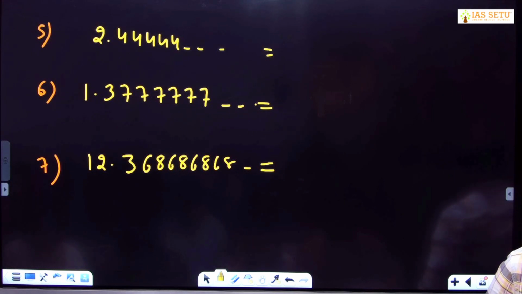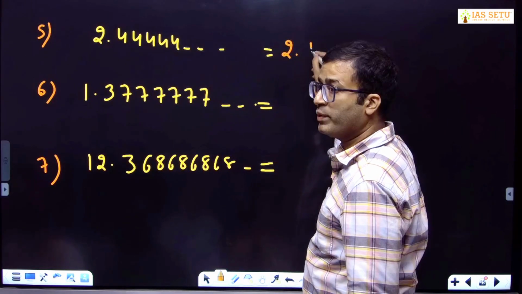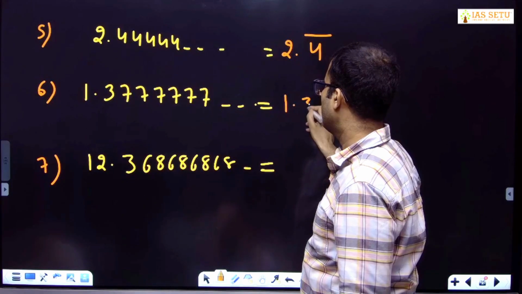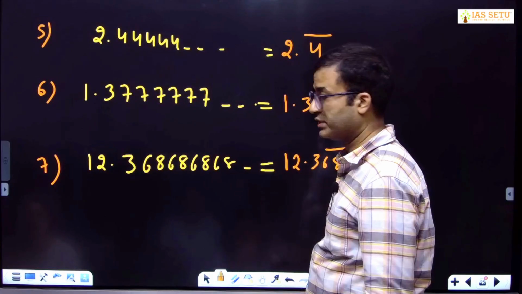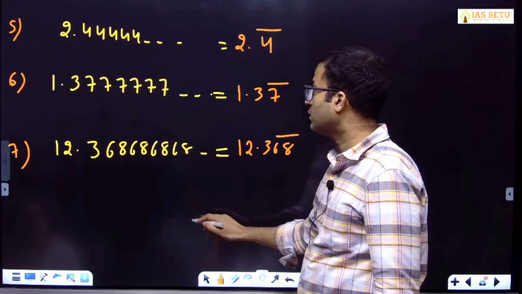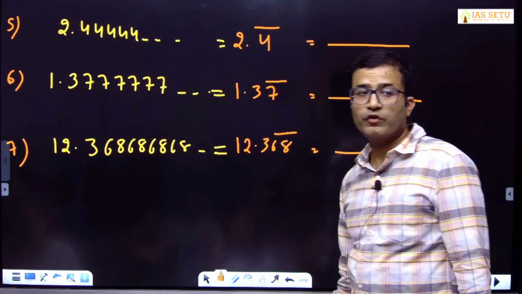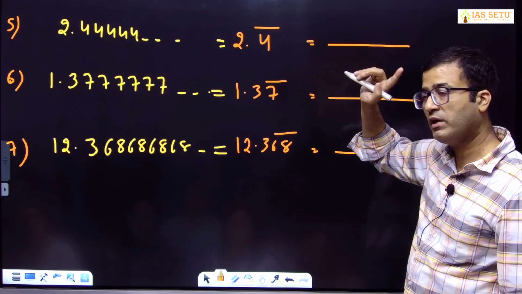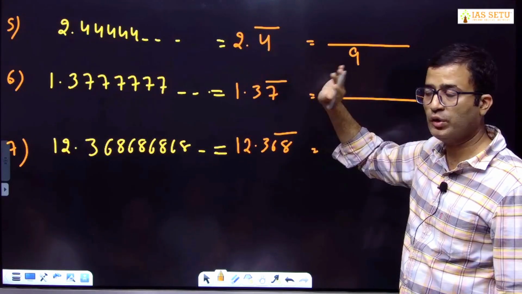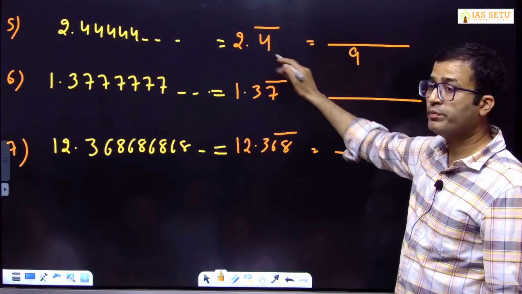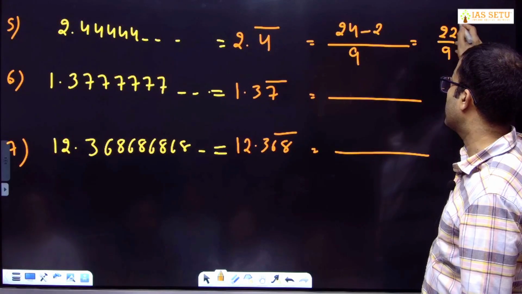Done. So it is 2.4 bar on 4, 1.3 bar on 7, 12.368 bar on 68. First, denominator: how many digits under the bar? 1, so 9. How many digits between decimal and recurring part? No digits, or no zero. What about numerator? 24 minus 2, so your answer is 22 by 9. I think all of you got 22